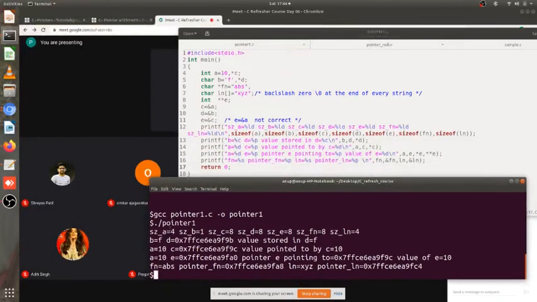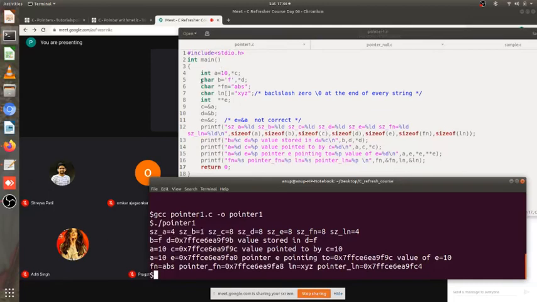Now I printed size of A as 4. So my integer by default is of size 4. What have you learned, that integer size is 2 bytes. If you are using certain books, they will say that integer is 2 bytes, character 1 byte, and so on and so forth. Here though, on 64-bit machines, my integer is of 4 bytes. That is why 4 is the answer.